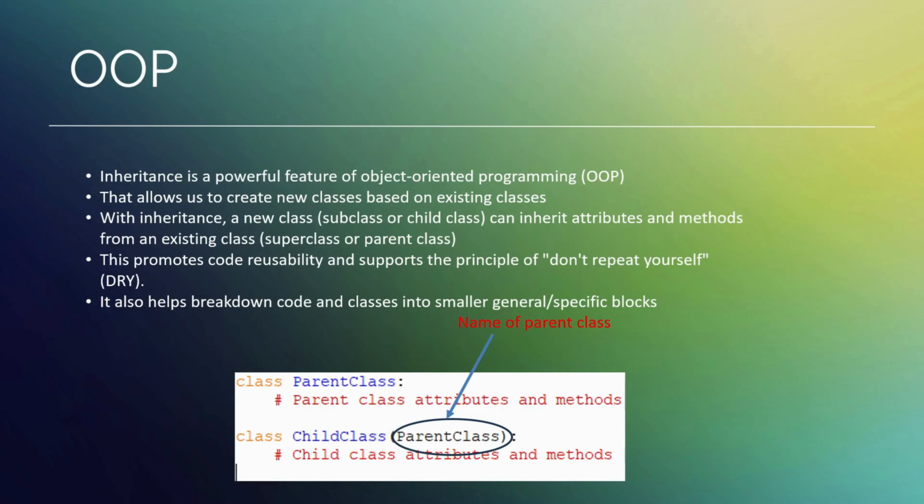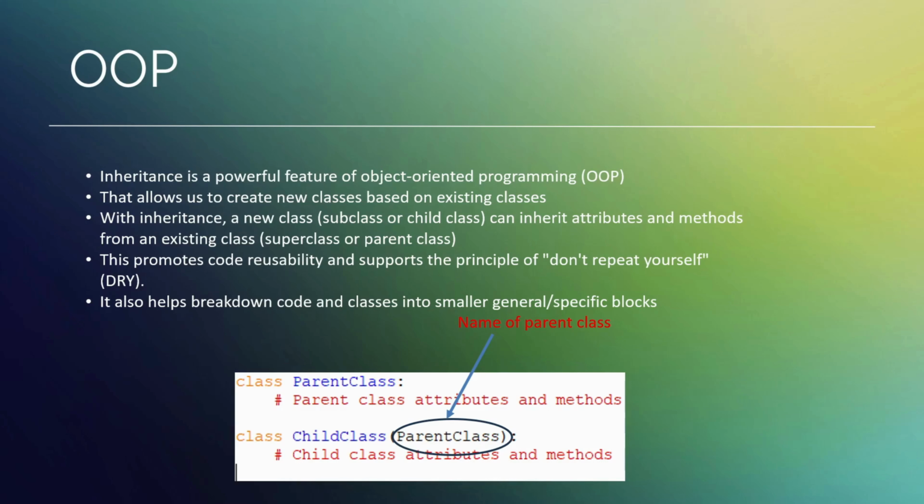Inheritance is a powerful feature of object-oriented programming. What it does is that it allows us to create new classes that are like an extension of a previous class. Okay. So sometimes what we want to do is have a general class, let's say a general blueprint. Then we have something more specific, and we also want to create a blueprint of that specific thing. Okay. We want to model that specific thing. So